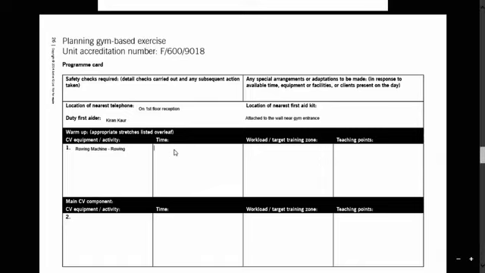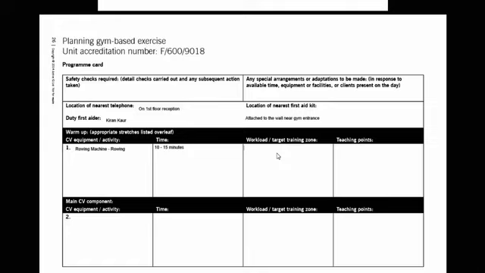Time. So how long are we going to spend doing this? Our warm up needs to be 10 to 15 minutes, ideally. If you're working with someone who's a little bit older, then they might want a longer, more gradual warm up. If you're working with a child who warms up very quickly, then you might want to use a shorter one. So be aware of that and the needs of the client. But a typical person is going to need 10 to 15 minutes as their warm up.